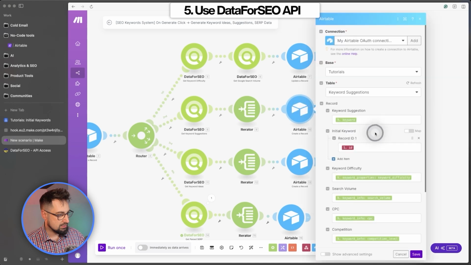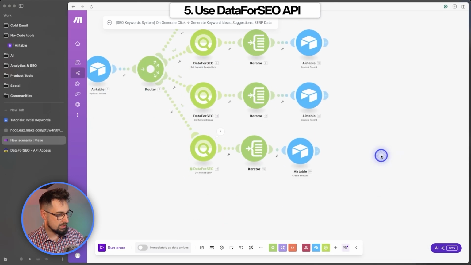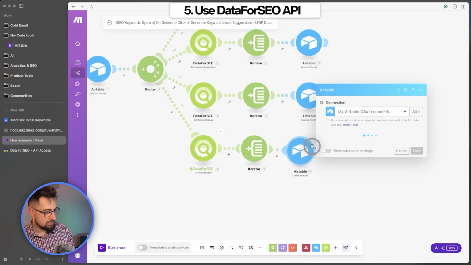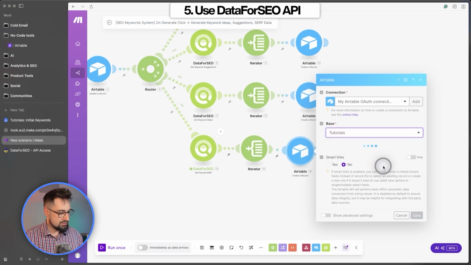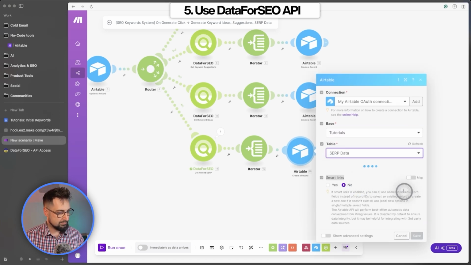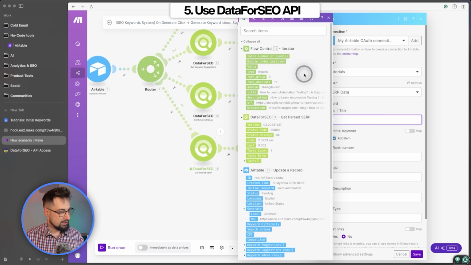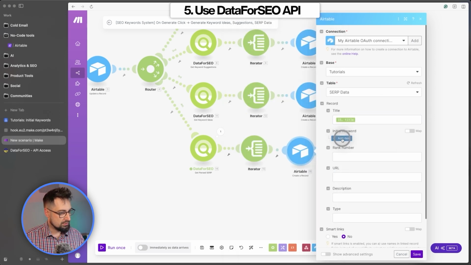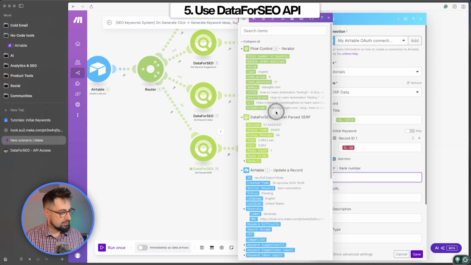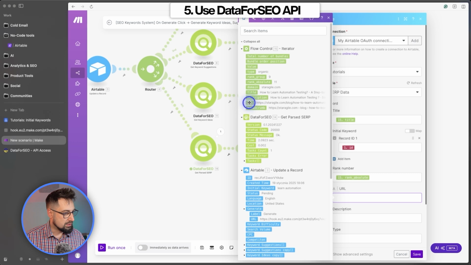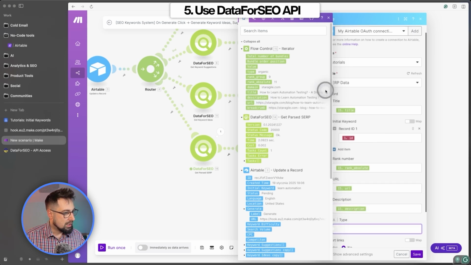Let's check here. We have that. Okay. Create record. The last one. Base is tutorials. Table SERP data. Now title will be title from the iterator. Initial keyword, we need to put an ID. Rank number will be rank absolute. URL is the URL. Description from the iterator. And type,